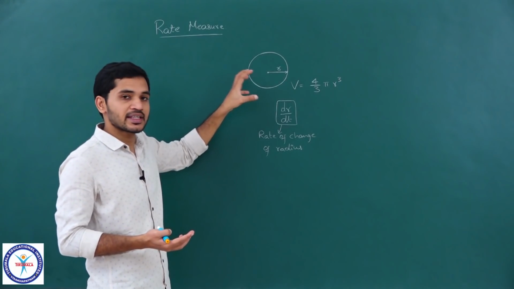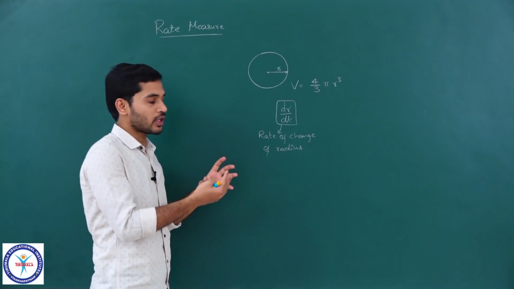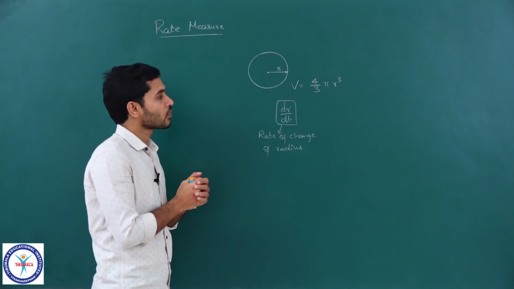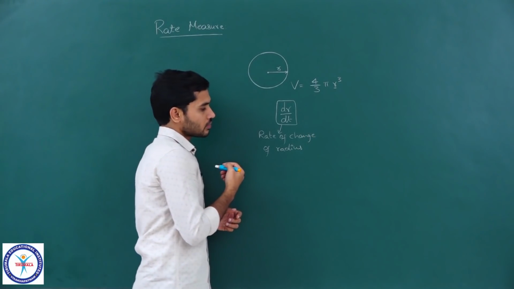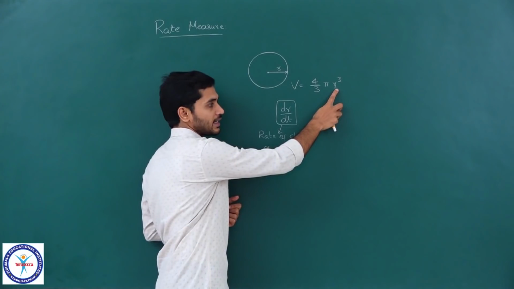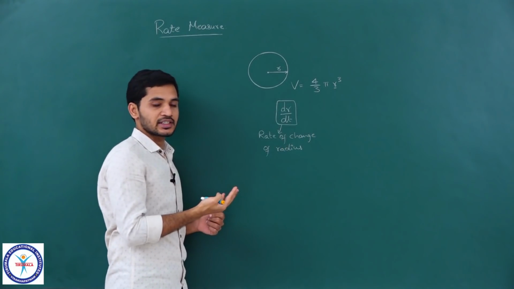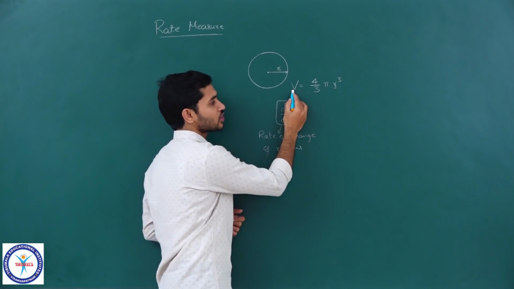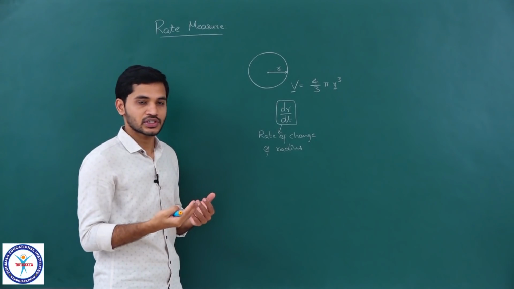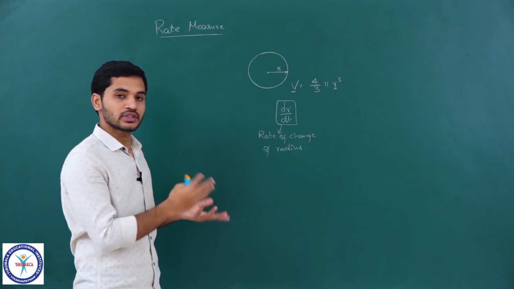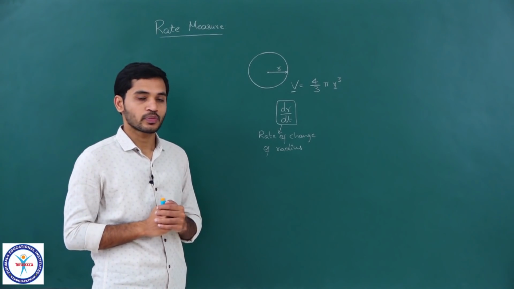So, let us say its size is changing. It could be a balloon and you are blowing air into that balloon and the size of that is increasing, clear. So, in such a case we can say that r increases. If I know at what rate r is increasing, I can find out at what rate V is increasing also. That relation between the rate of change of V and the rate of change of r, that calculation is what we call rate measure. So, that is the kind of cases which we will be dealing with in this particular topic.